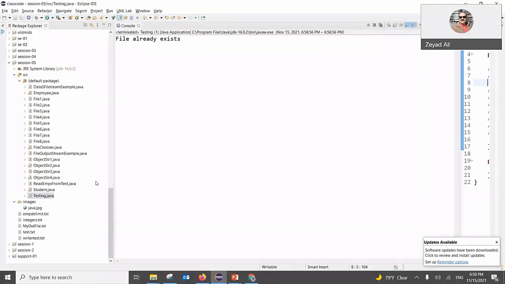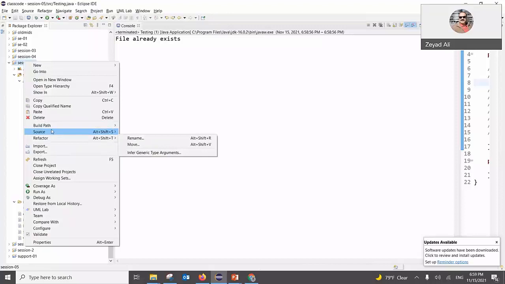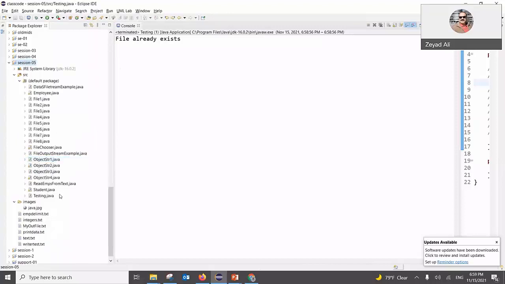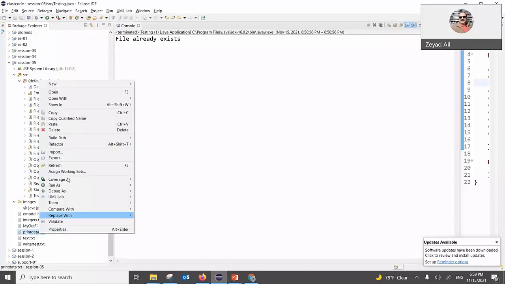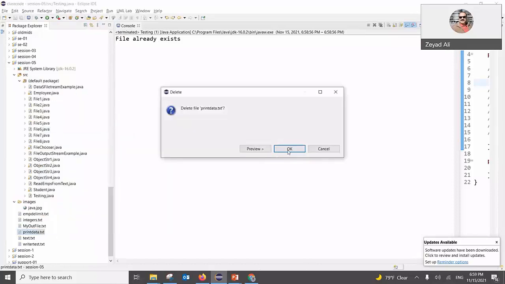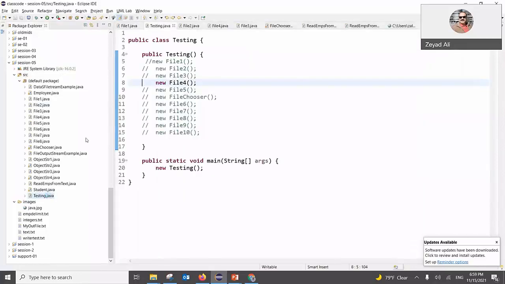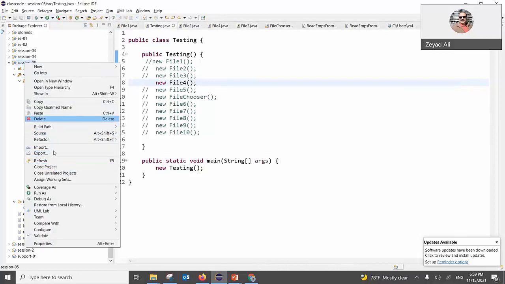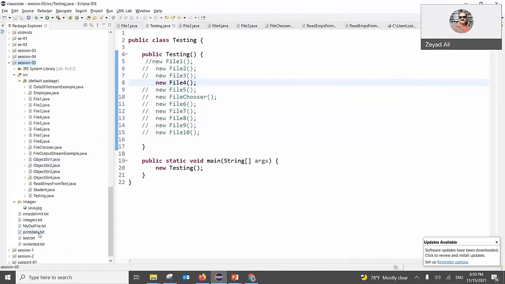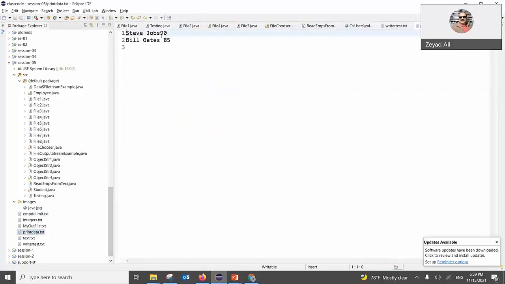Okay, and I deleted it, by the way. Well, I deleted something else. Let me refresh. Sometimes it's deleted from the project, not from the disk. Let us see this. Okay, so I deleted this. Let me now run this one and hopefully it works. I didn't get any output, but if I refresh, you see the print data file is available here. Look at it. Steve Jobs 90, Bill Gates